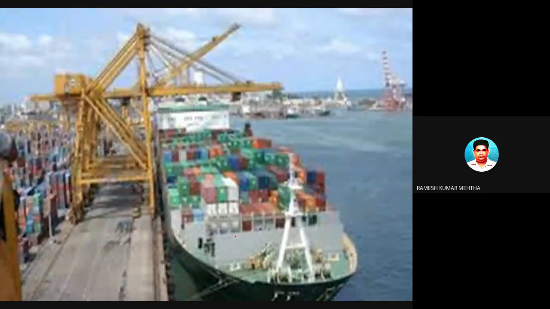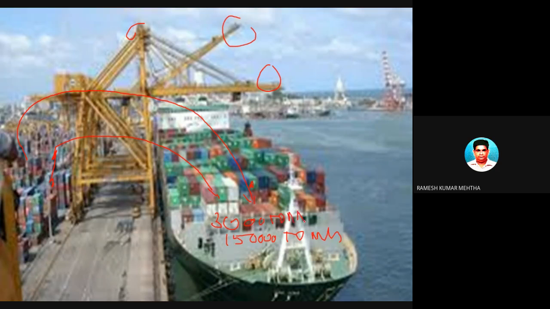Now look at the way the ship has come near to the shore, and all this material stored here is being loaded into this vessel by using these material handling equipments. It is dragging here and placing properly here. So this can accommodate 1,50,000 tons and more, and I can place containers of near about 3,000 tons. I'm not giving an accurate picture, I'm just giving a precise and approximate one. And look, they are being tied here by using anchors because there is an element of risk.